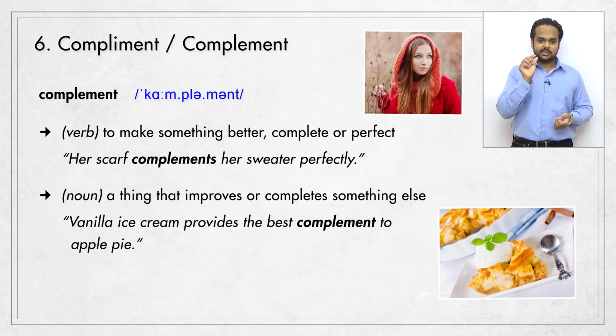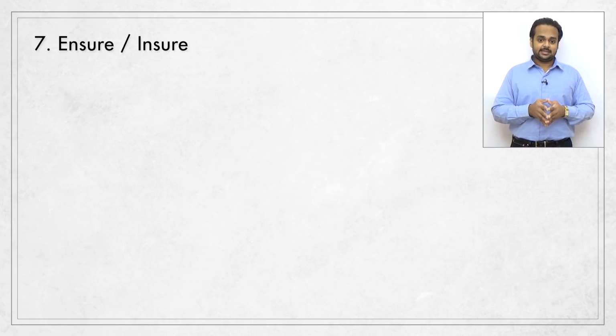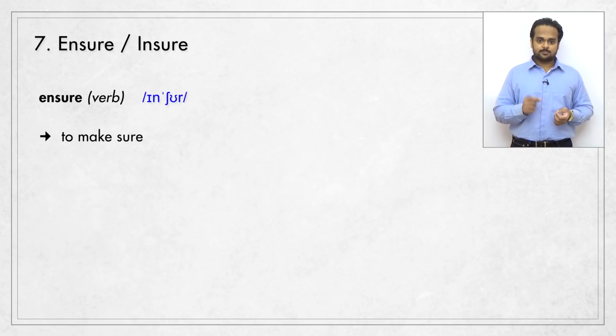So compliment with an I means to praise someone for something, and with an E, it means to make something better, complete, or perfect. Next up are ensure and insure, which are usually pronounced the same way. Ensure, spelled with an E at the beginning, means the same thing as make sure. You say it when you want to tell someone to definitely do something, as in,